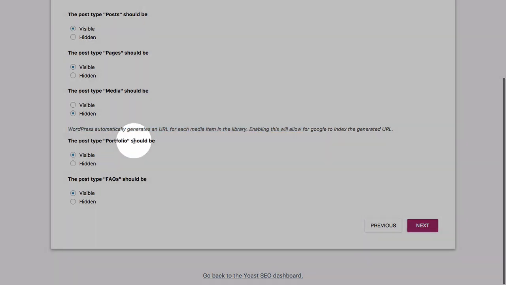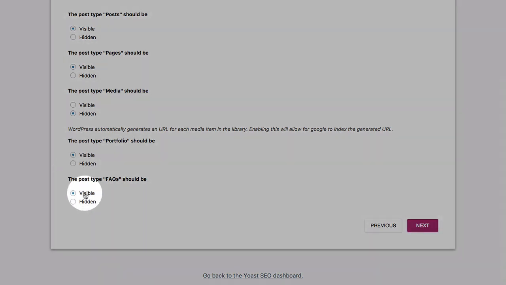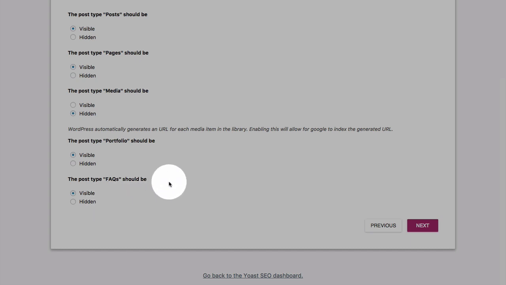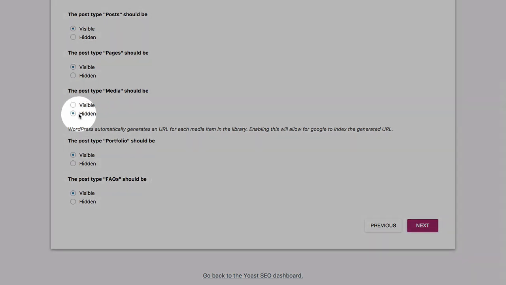And then for portfolio, which is a custom post type currently on the site, we're going to choose that as visible. FAQ is also one, and should keep that as visible. You may have other ones depending what theme you're running, or you may have none at all right here as well. So choose visible or hidden, whatever you think is right. For media, I recommend you always choose hidden. And then unless